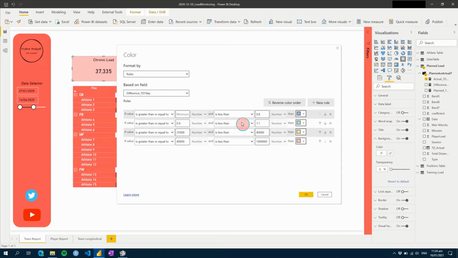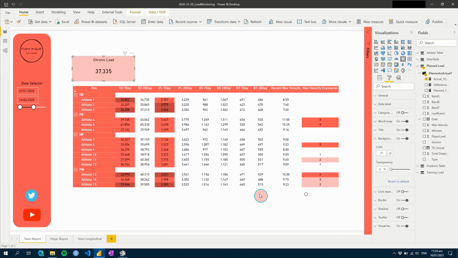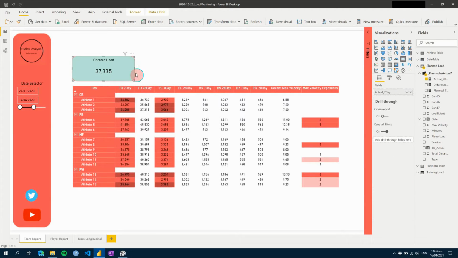Let's change this to 0.9 then. Then 1.1 to 1.2, and then 1.2 or more. And then go OK. So there we've got our colors fitting within, and we can change our title now to